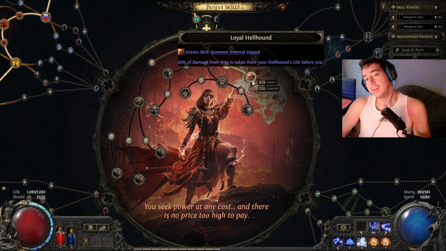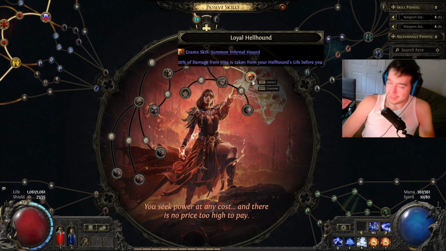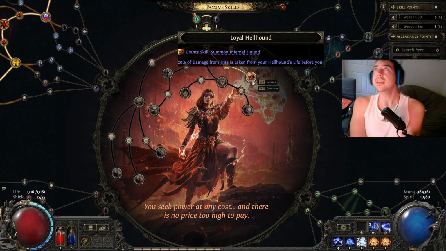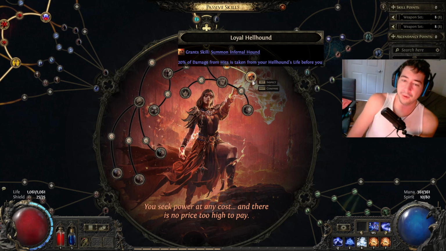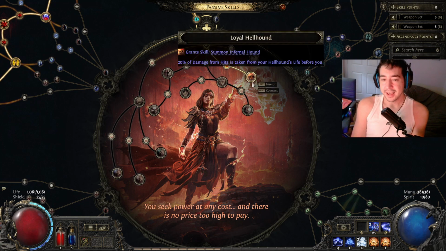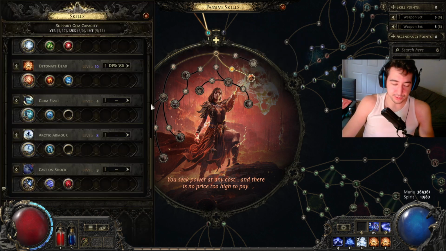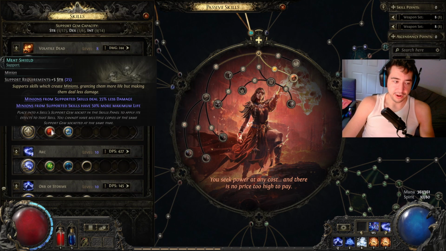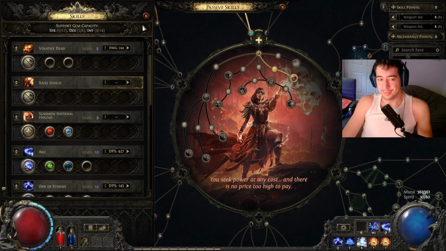But we ended up here, and this is super interesting because 20% of damage from hits is taken from your minion. That's huge. I mean, that's essentially plus 20% life, which is more effective than the Titan plus 15% more life node. However, this is finicky, and because I'm not really investing in minion stuff on the tree, I'm not really maximizing the value I'm getting from this node, because the thing doesn't survive that long. I do socket it with meat shield and elemental army just to try to make it a little bit tankier,